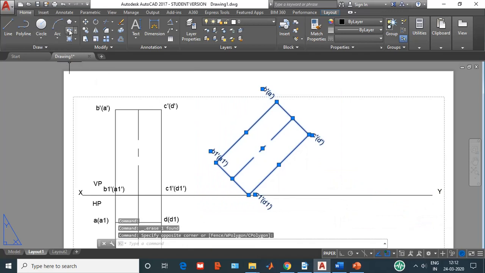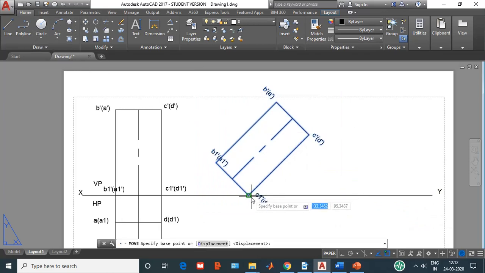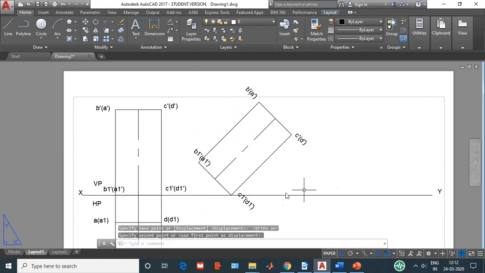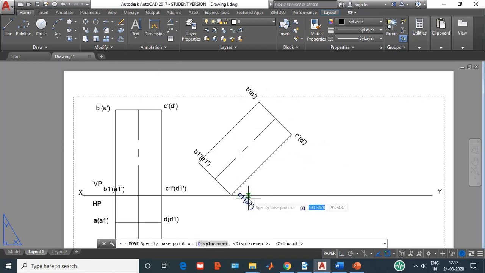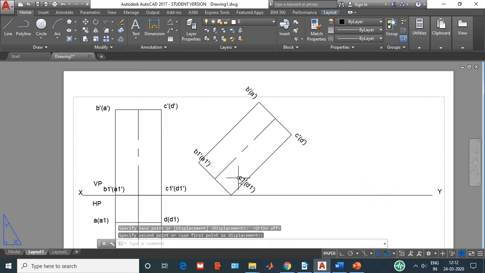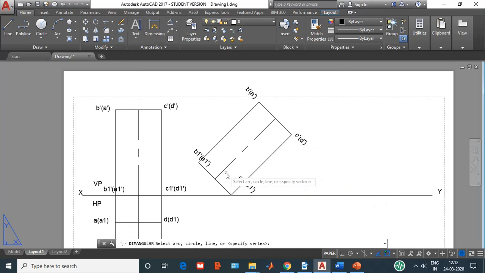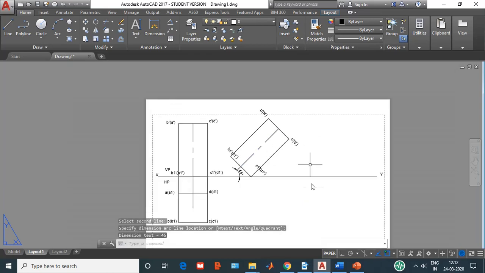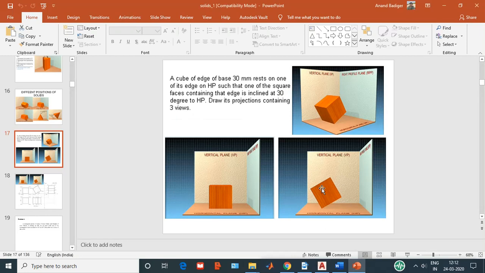I'm doing it again here. Move, keeping the ortho on, F8. Just move it. Okay, then you move this a little bit above. Right. So now you can show the angular measurement between the axis and the xy line is 45 degrees. Now, so we have reached this particular position now.